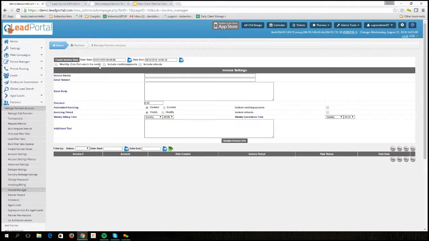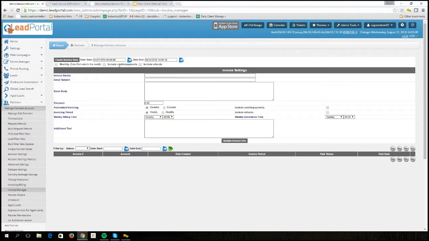There's a couple little check marks there for when you're manually creating, whether you want to make it monthly, and that way it just automatically sets the end date. You can do the options for including credits and payments. So if they make a payment, either manually through the system or you manually add it to the transactions tab, anytime they make a payment on account, that could be included in there as well. And then finally, if you want to include refunds,